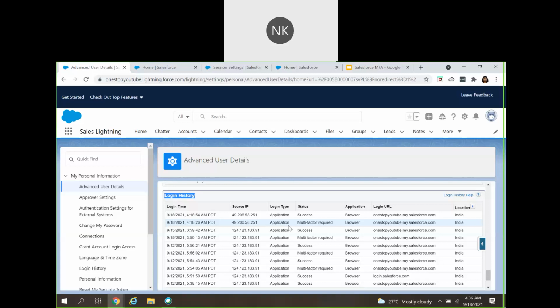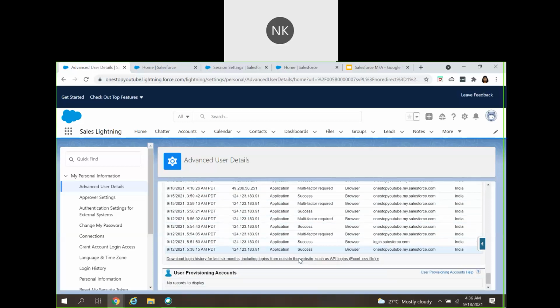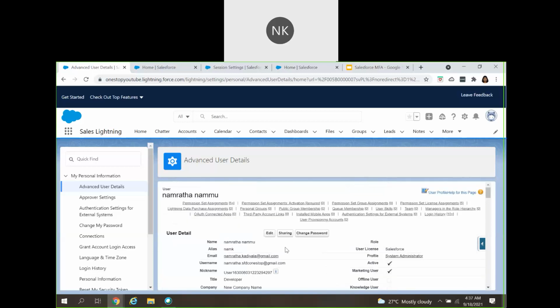That is why this recovery process is very important to remember: how you recover the access of a specific user, and what steps you need to perform in order to recover the user access. So this is what we have for today's session.